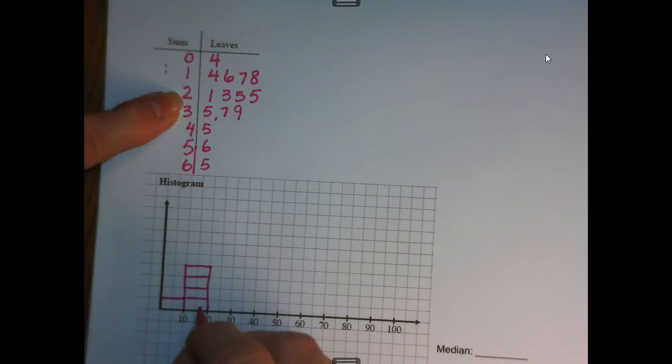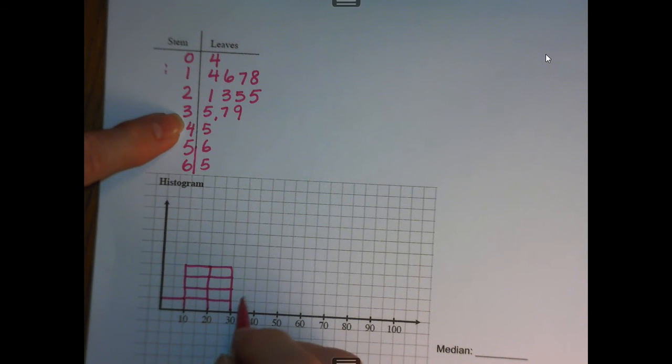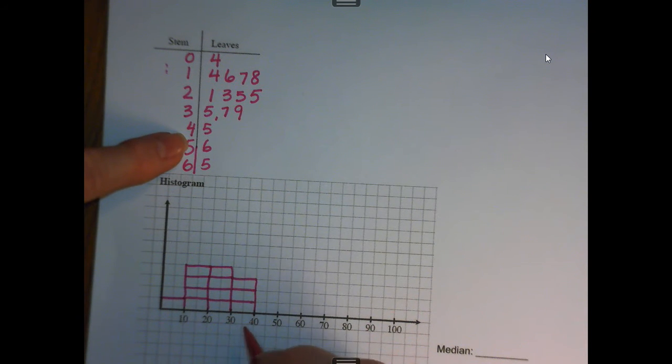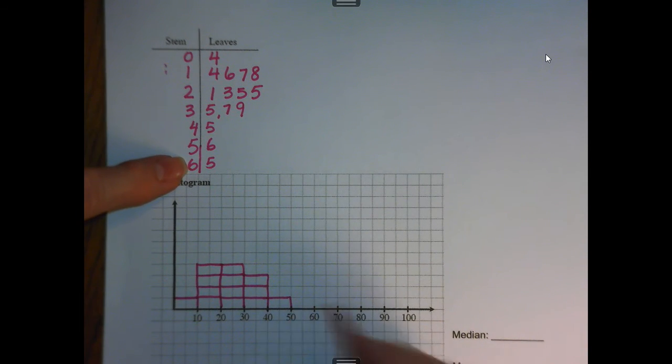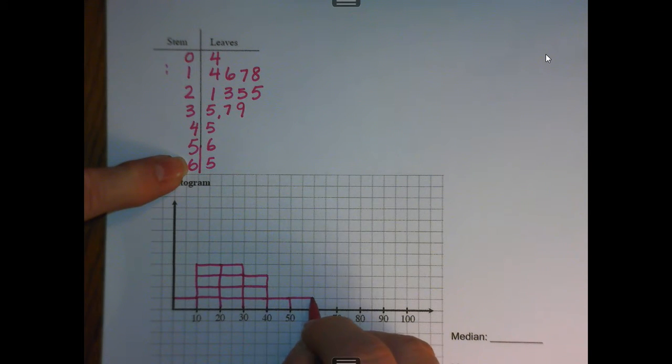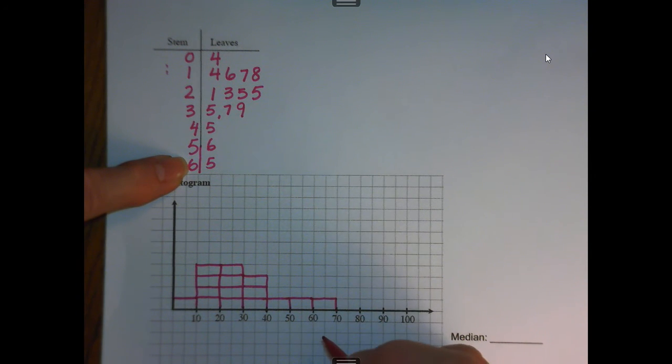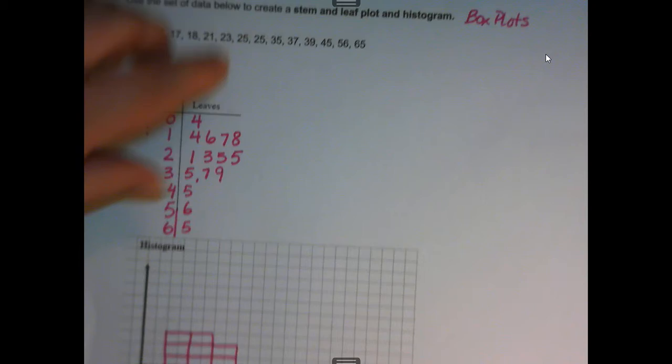We have 4 more pieces of data in the 20 bin. 3 pieces of data in the 30 bin. 1 piece of data in the 40 bin. That's just the sad, lonely 45. Then we have 1 piece of data in the 50 bin and 1 piece of data in the 60 bin. So that's that. And then to make our